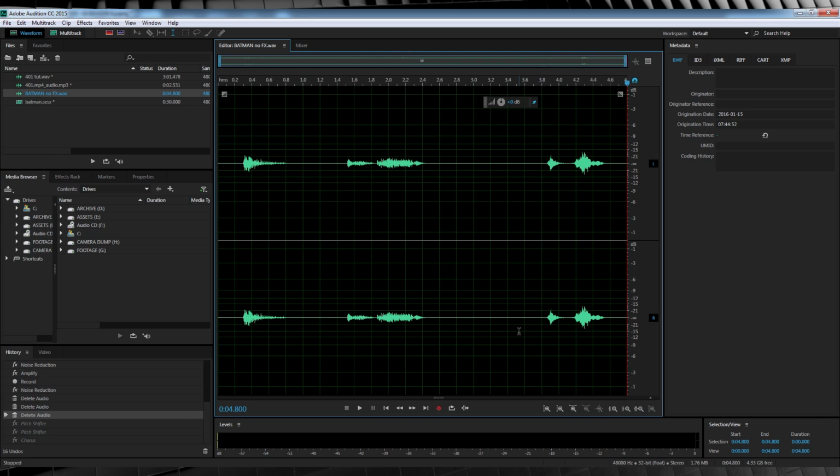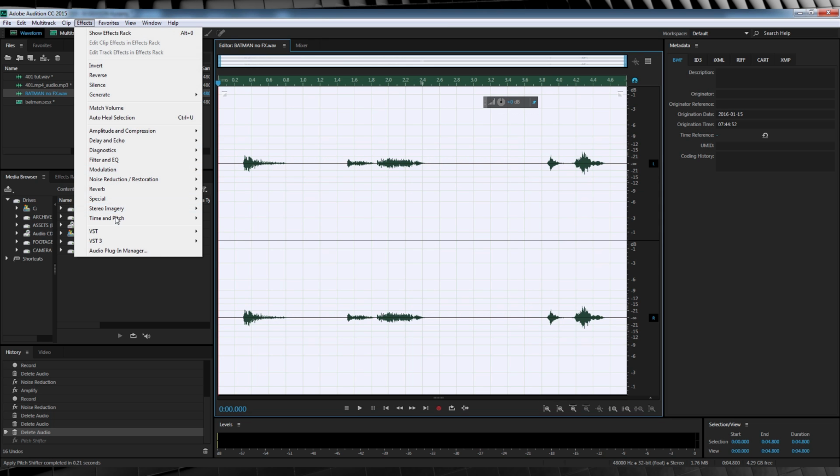Now before we begin, I just want to say that Audition itself isn't the best for creating this kind of effect. We'd be much better off with a plugin made for vocal effects, but I wanted to make this as easy for everyone to do as possible without having to fork out more money. So first step, let's hit Ctrl A to highlight all of our audio, head up to Effects, Time and Pitch,